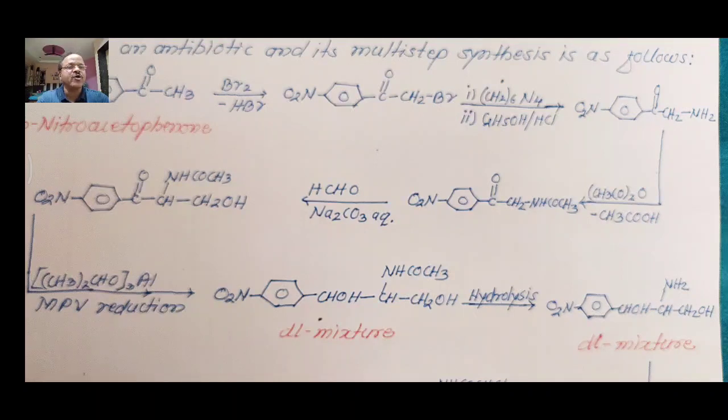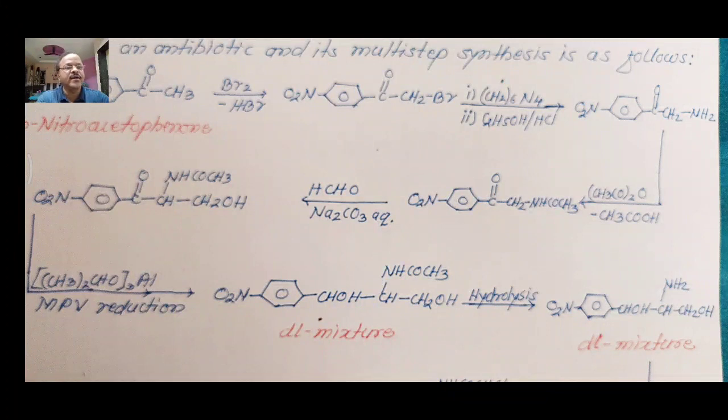Now this compound on reaction with acetic anhydride, (CH3CO)2O, so that is called as acetic anhydride. So this reagent, acetic anhydride, is used for acetylation. So here one hydrogen from NH2 group get substituted by COCH3 group. So this is called as acetyl group, COCH3 acetyl group, and this reaction is called as acetylation reaction, and it is brought about by using acetic anhydride. So we get the acetylated compound.